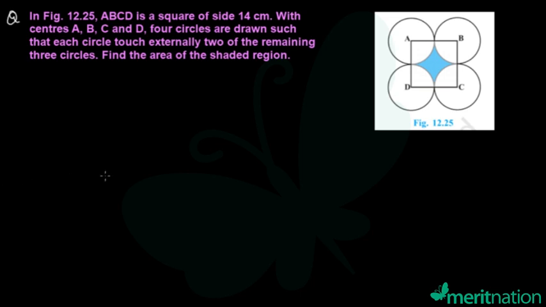Now how can we find this shaded area? Since ABCD is a square, all these angles are going to be 90 degrees each. Now, let's say the midpoints of the sides of this square, let's call these P,